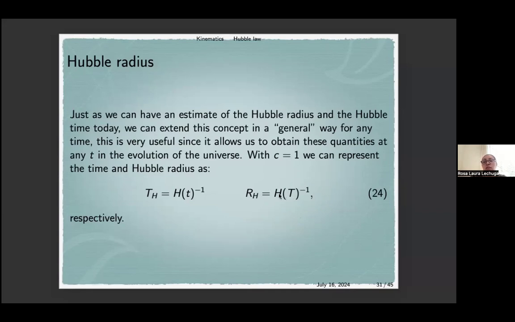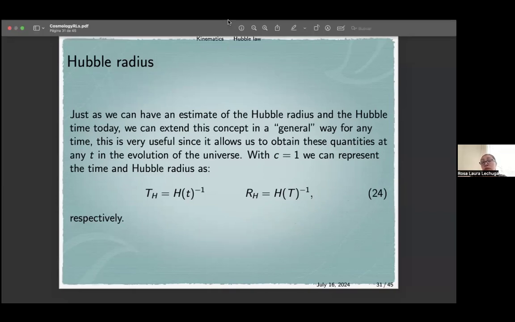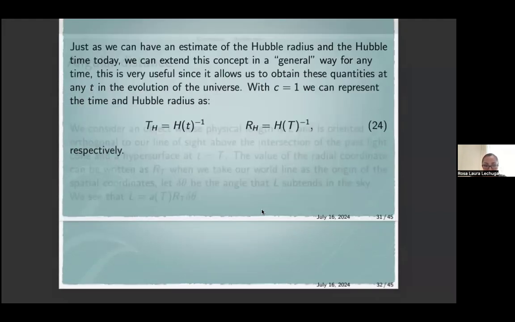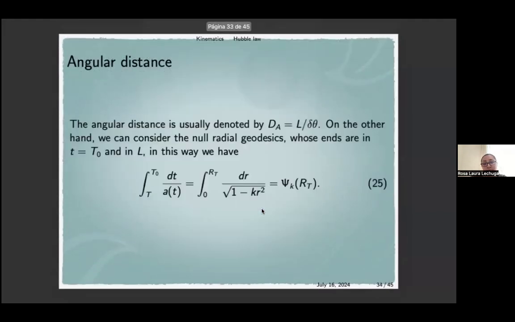If you take the inverse of this H, you get the Hubble radius. And the Hubble radius gives us some kind of horizon. Many people talk about the Hubble horizon instead of the Hubble radius, because this quantity codifies the expansion, how the universe grows. But in this case, we need a different